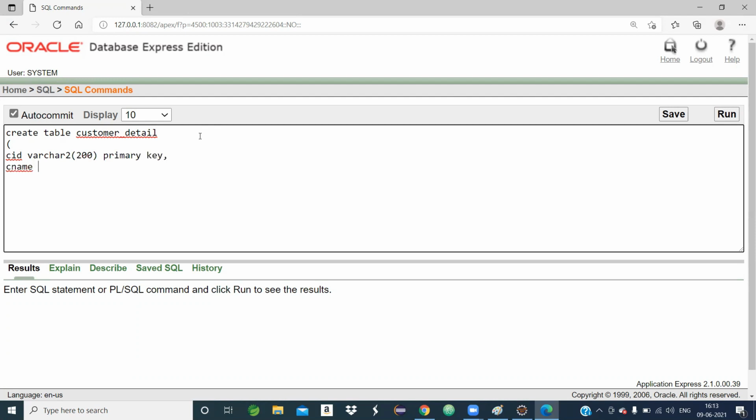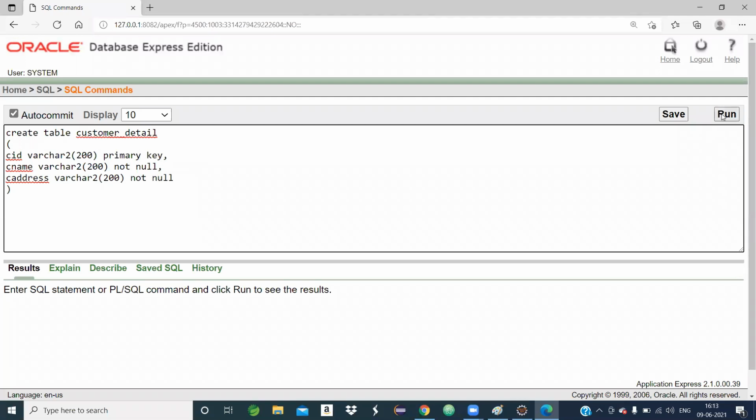Let customer name be varchar2(200), and I will give the constraint not null. Let customer address be varchar2(200), not null. Then close the parenthesis. Since customer address is the last column, notice there is no comma here.